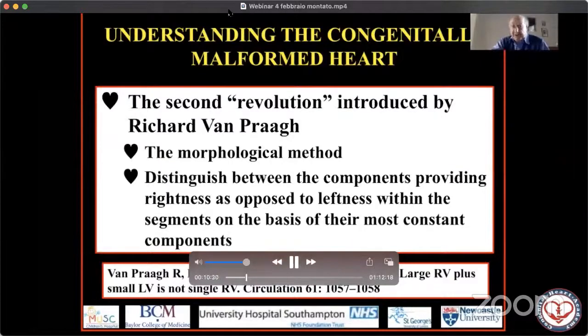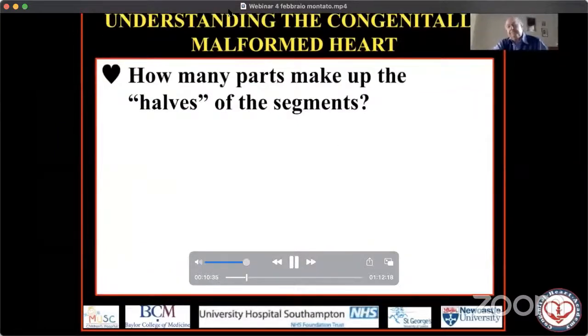And this was the basis of the morphological method which we've used ever since that time. But if we are to use the morphological method, of course, we need to know how many parts there are in each half of the segments, because each of those segments has a half. One half is morphologically right, the other half is morphologically left. So to begin our understanding of the congenitally malformed heart, let us revisit the way we identify these components of